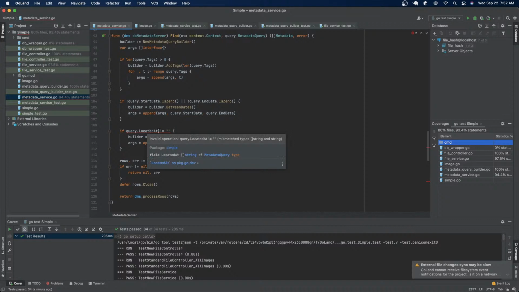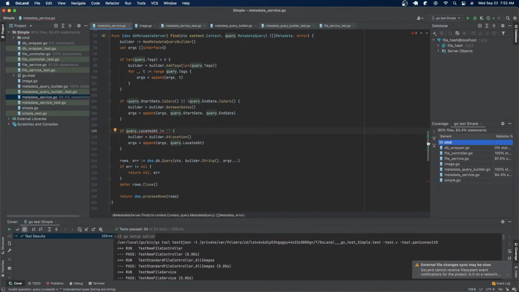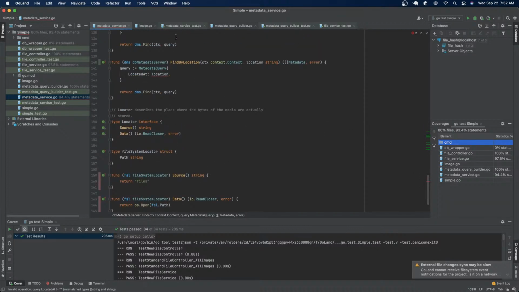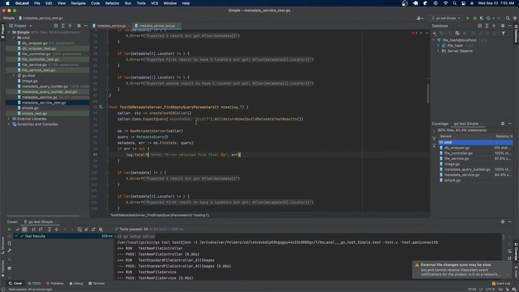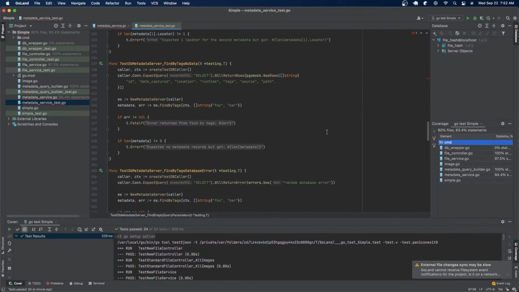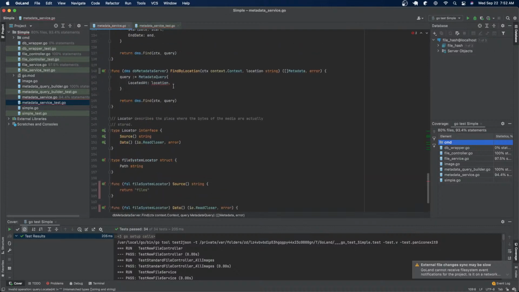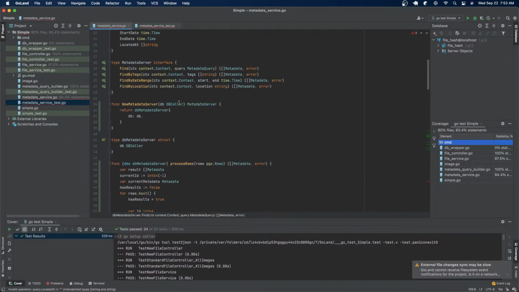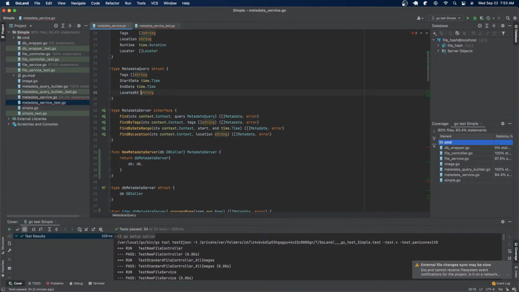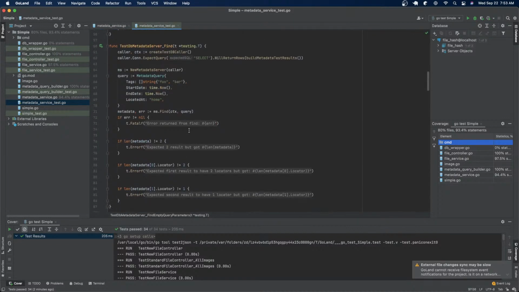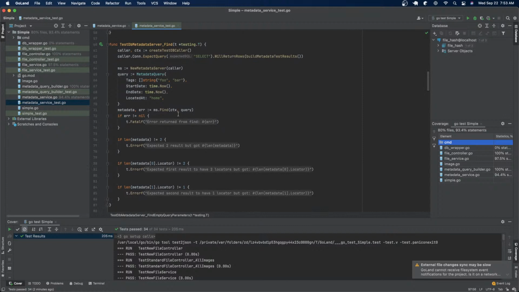Close out a bunch of these windows. Let's flip that back. Okay. Let's do, how do we want to do this? So find